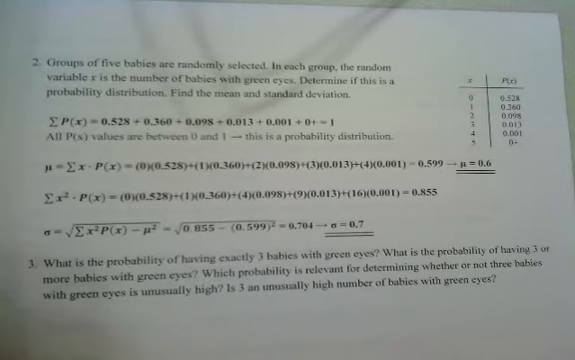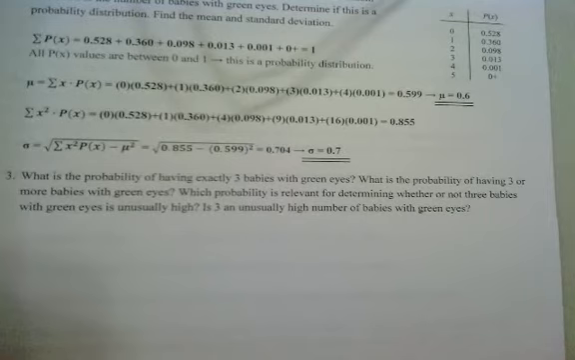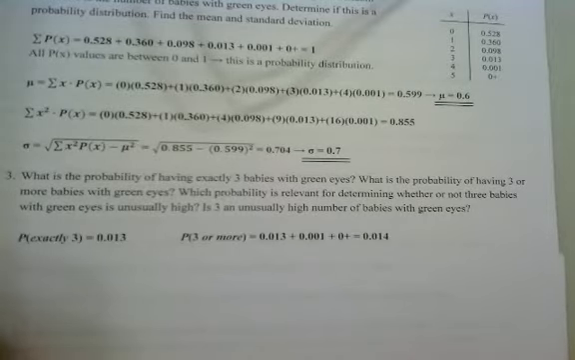Alright, now using that same probability distribution, we want to look at what is the probability of having exactly 3 babies with green eyes? What is the probability of having 3 or more babies with green eyes? Which probability is the most relevant for determining whether or not 3 babies with green eyes is unusually high? And then, is 3 an unusually high number? So we're going to use this table to answer these questions. First off,